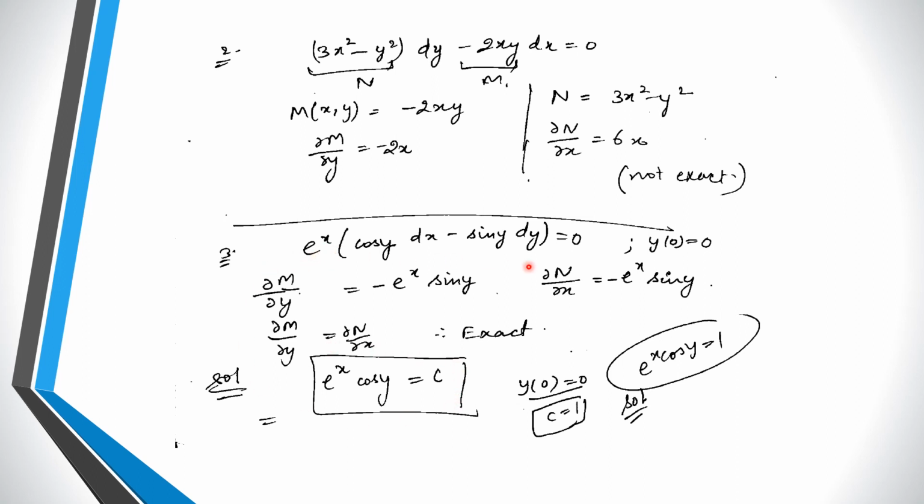Now we need to find out the value of the arbitrary constant under this condition. So we have to put x to be 0, then y is 0. Now just see, when you put x to be 0, you have e to the power 0 is 1, cos 0 is 1, so the value of c is 1. So substitute the value of c over here. This is the particular solution of this differential equation. So whenever you are given any condition, you will have the particular solution.